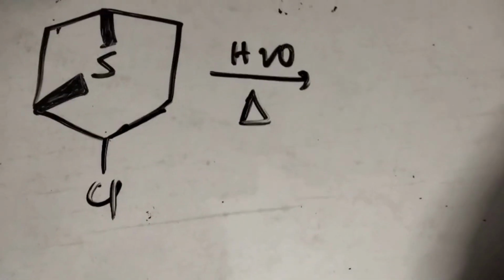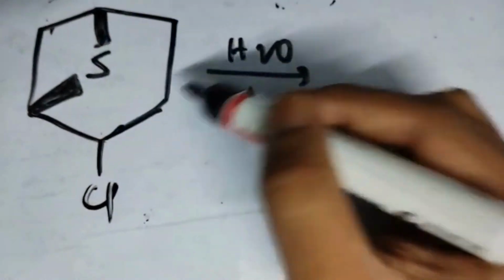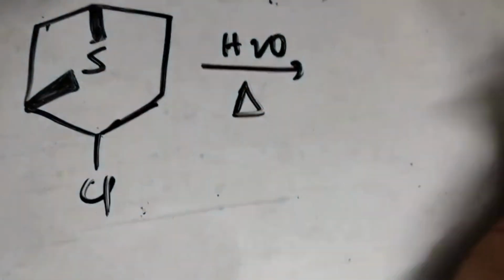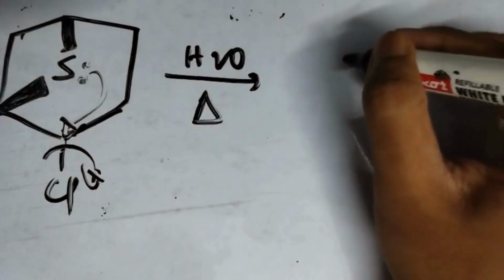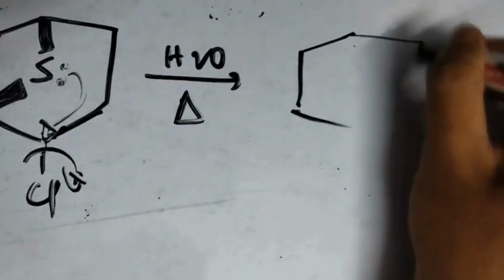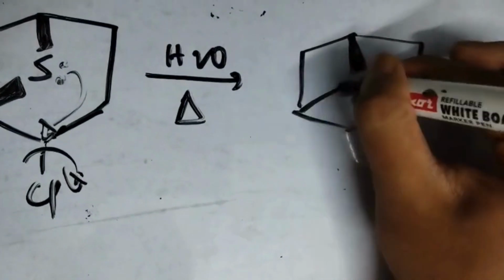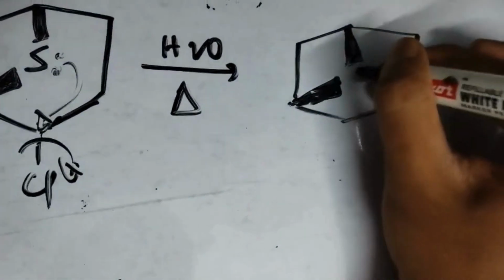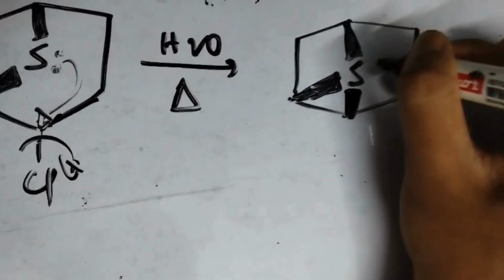Now in the next question, we have been given this substrate, and it is reacted with H2O with some amount of heating. The first step that occurs is, due to the neighboring group participation, sulfur's lone pair attacks on this side, kicking out the chlorine atom, which is a sufficiently good leaving group, and it forms a transition state like this. The bonds have been given specifically in wedge, so this would be in wedge as well,